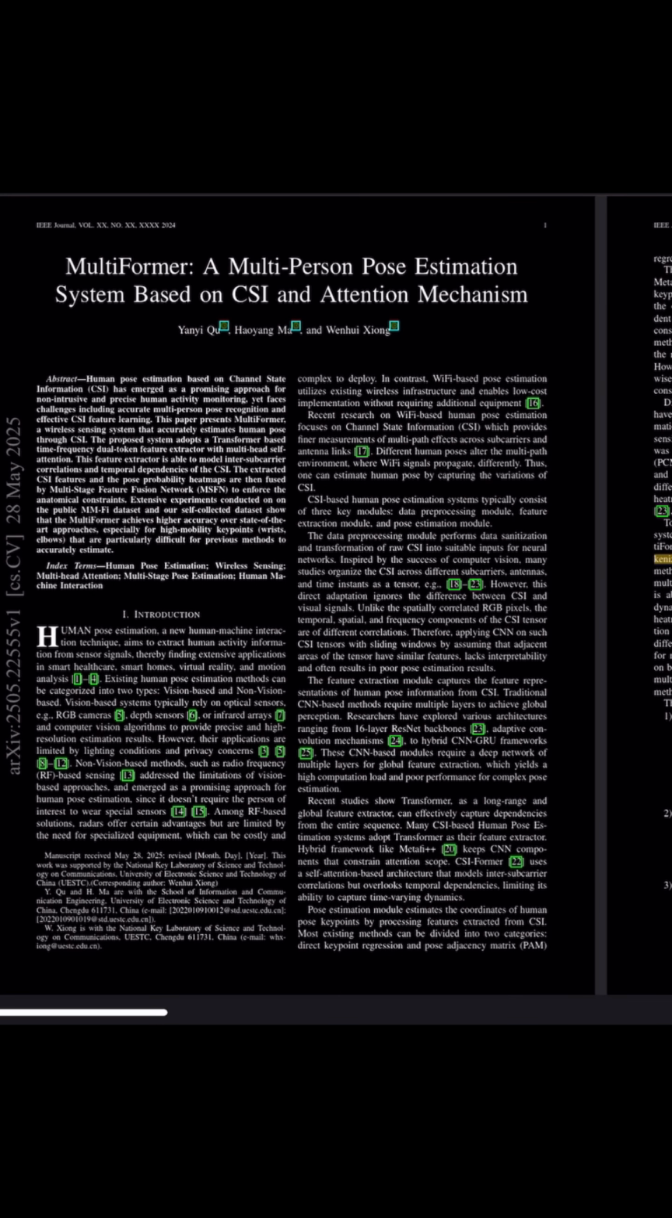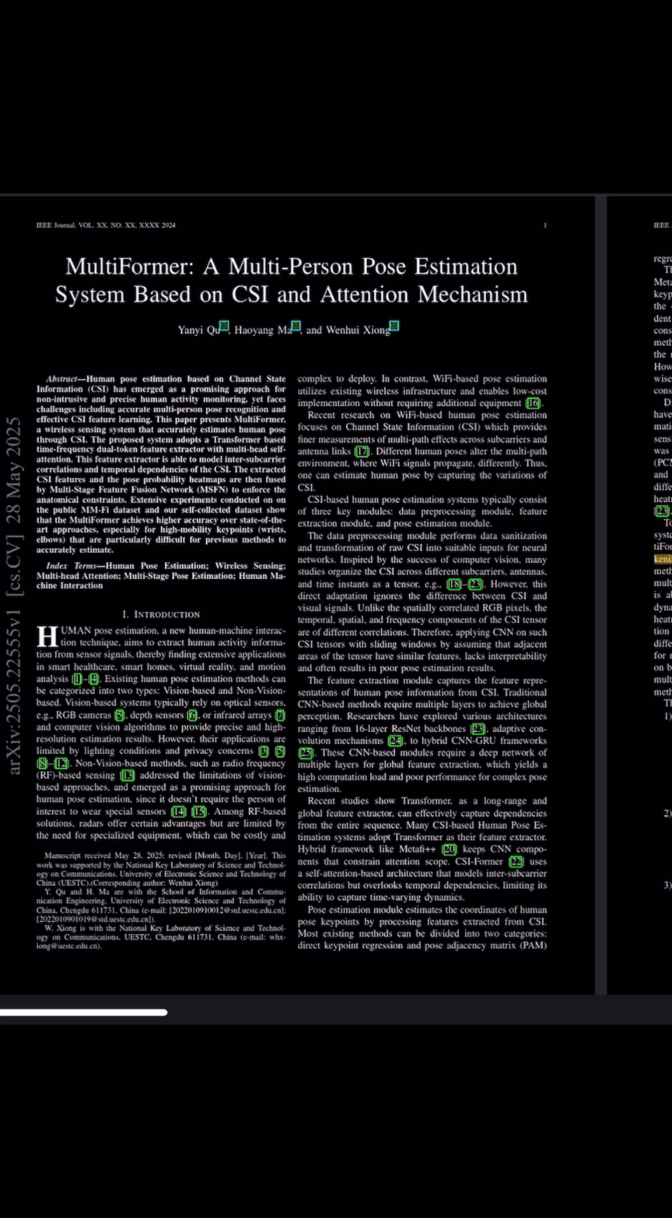Today I'll be reviewing a recent paper from May 28th, 2025, titled MultiFormer, a person pose estimation system based on CSI and attention mechanism. The authors propose a novel, wireless-based, human pose estimation system using Wi-Fi Channel State Information, or CSI, and a transformer-based architecture. The motivation here is to replace a camera-based system with a non-intrusive, privacy-preserving, and low-light capable algorithm for human